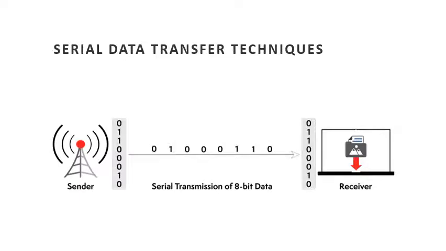Serial data transferring technique. Under the serial data transfer mode, a single bit of information or data is transmitted on a single line at a time. But how would the 8085 accomplish this? An 8-bit parallel word is first converted into a stream of 8 serial bits with the help of a parallel to serial converter. In the same way, during the serial reception of information bits, the microprocessor receives a stream of separate bits one by one, which are later converted to an 8-bit parallel word with the help of a serial